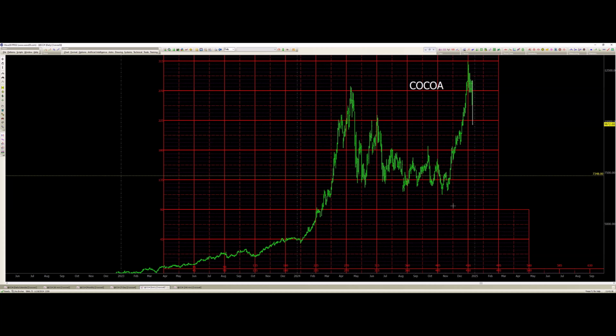So what we're going to be watching is the pullbacks here. If we get stuck under this 270 level, which is around 11,500, this is a major short because that means we're going to retrace. If we retrace 50% of this move, we did one, two, three, four, five, six, 7 squares up. So if we go one, two, three and a half, you're talking about 7,800. And if we pull back up into here and fail at 11,4, that's like a 50% move,